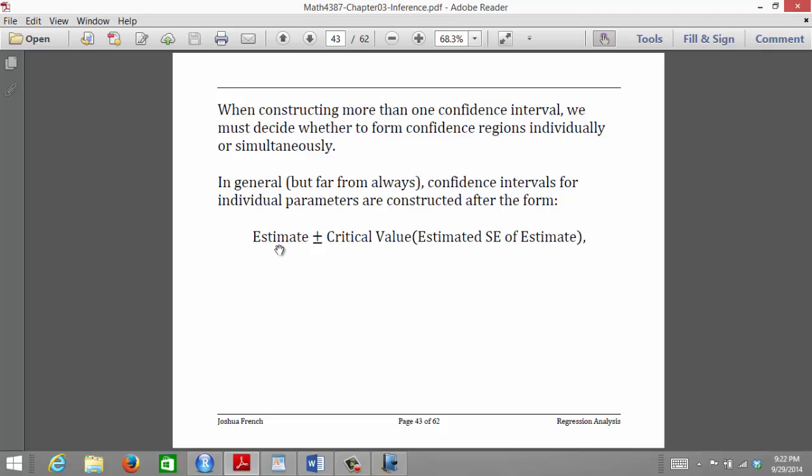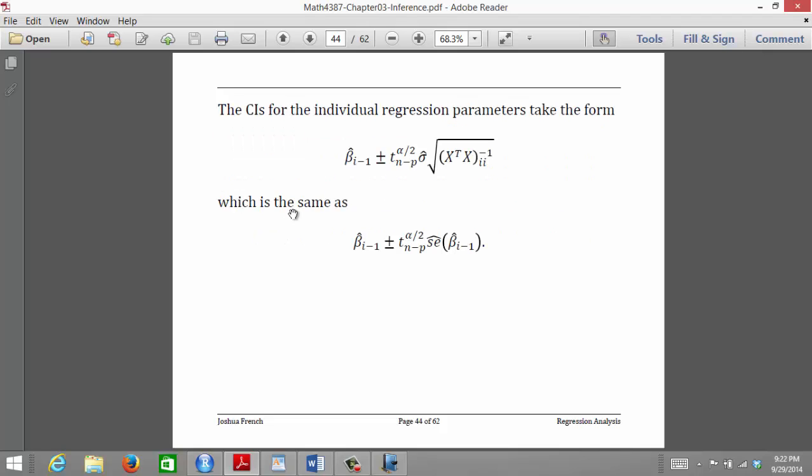And in our particular context, I guess we'll see it on the next slide. There we go. So in our particular context, this is the estimated regression coefficient plus or minus the 1 minus alpha over 2 quantile from a t-distribution with n minus p degrees of freedom. If you remember, under our null hypothesis, under the assumption of normal errors with mean 0 and constant variance, the sampling distribution of each of our estimated regression coefficients is the t-distribution with n minus p degrees of freedom. And we pick the 1 minus alpha over 2 quantile